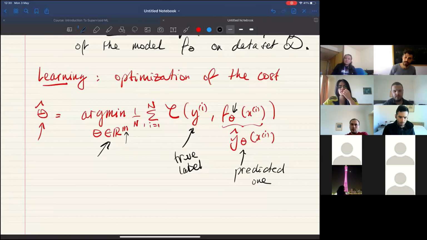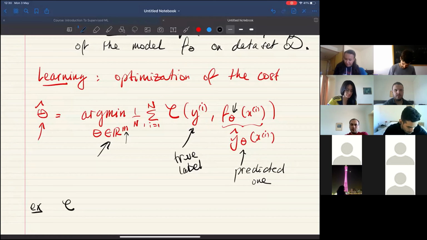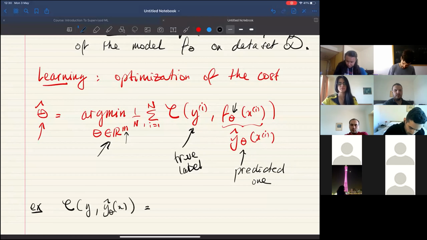In this case the cost is called the mean square error. So if you take the cost between y and y hat to be the square function,